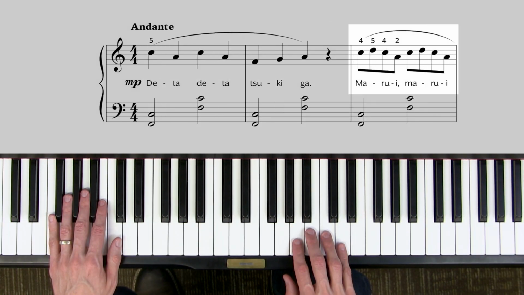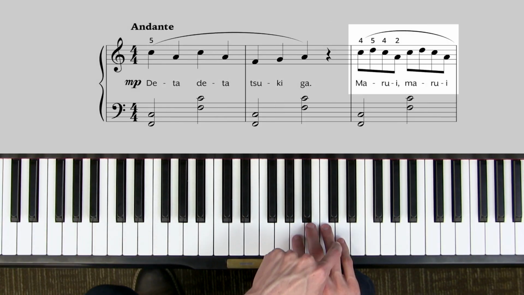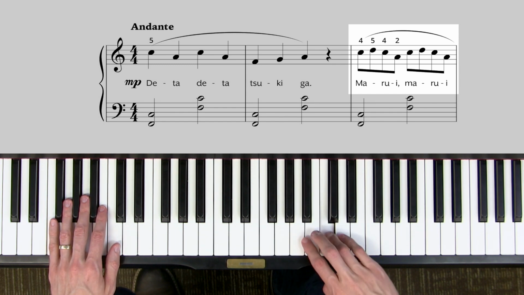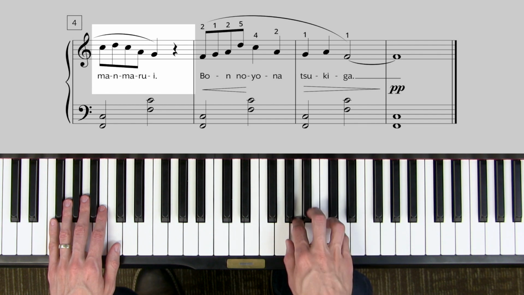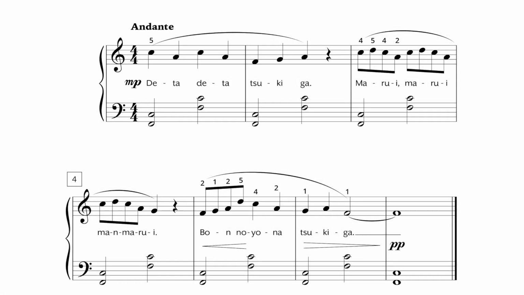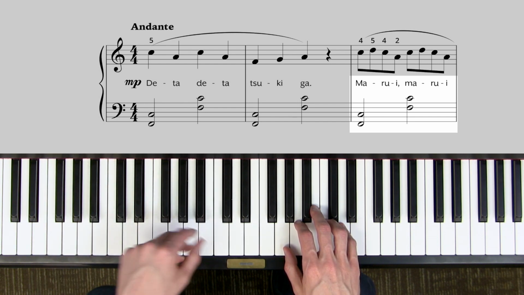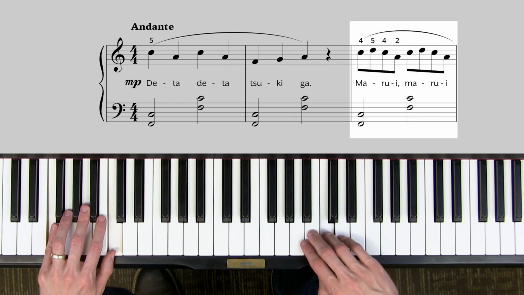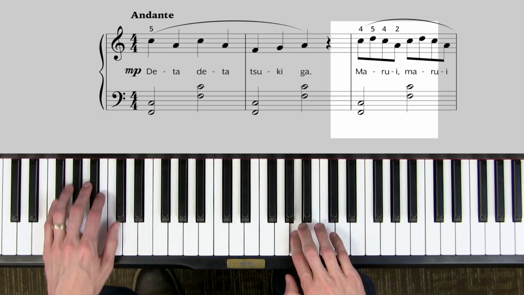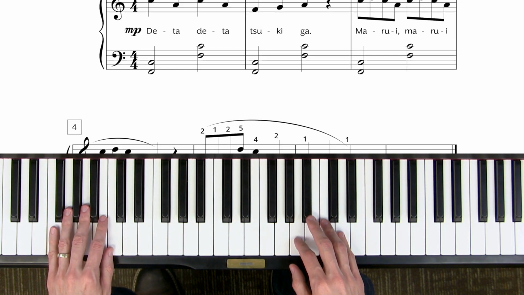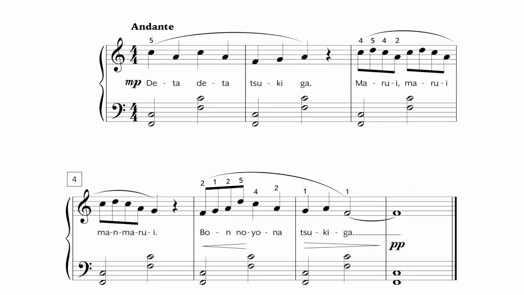Great. Now let's look at the next phrase. Let's start with the right hand. Finger 4 is on C, and now you try. Good, and the left hand, of course, is doing the same thing. So together we get this. Now press pause and try that until you feel comfortable, then press play to go on.